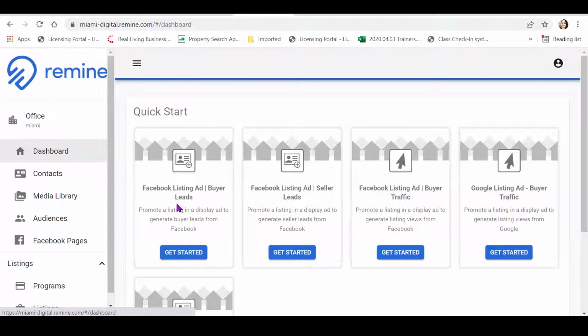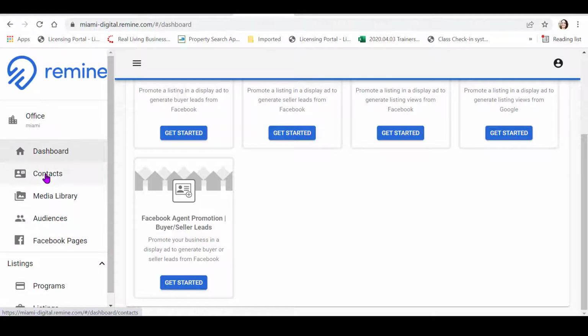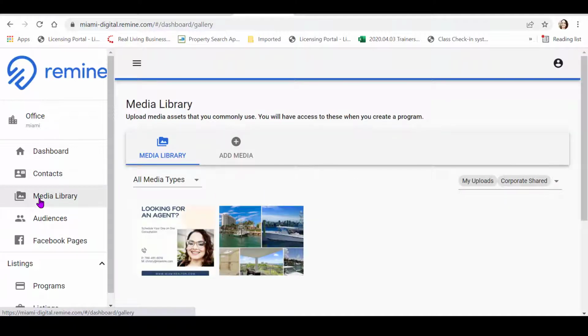Your Facebook listing ads for buyer leads, Facebook listing ads for seller leads, Facebook listing ads for buyer traffic. This is to promote a listing and a display ad. It also gives you a breakdown of what you're doing. Google listing ads to attract buyer traffic, as well as Facebook agent promotions. And this is what we're going to be doing today. On the left-hand side, you also have your contacts, so you're able to manage them as they come in. You also have a media library, so as you are building out your ads, you can add media into Remind,